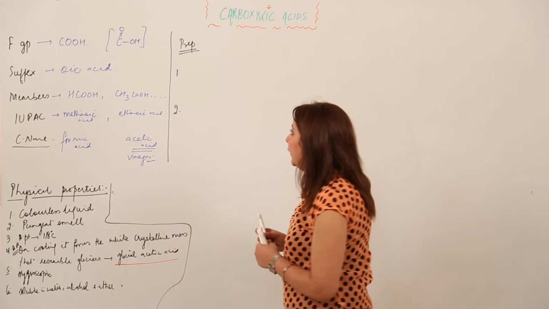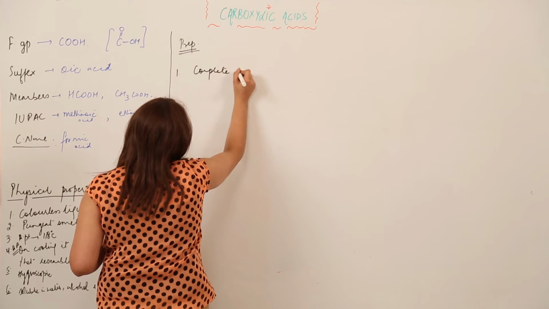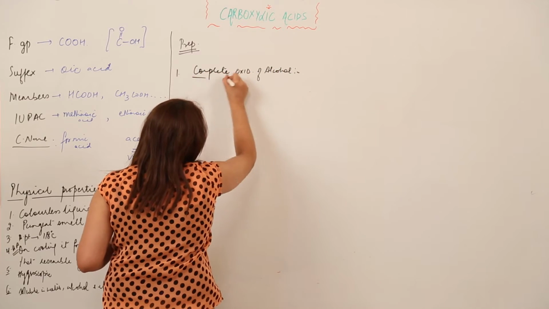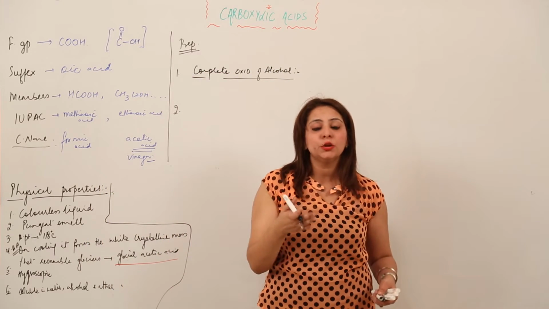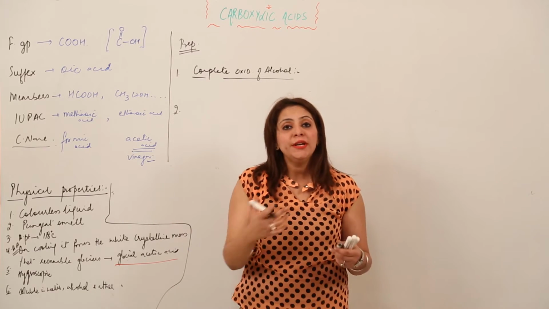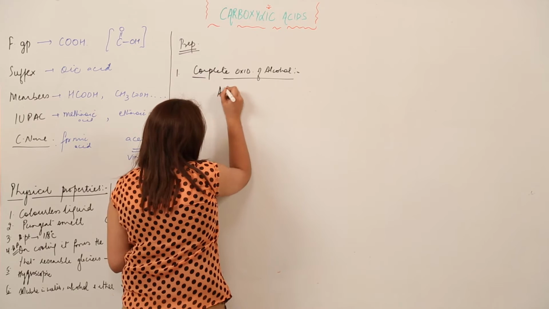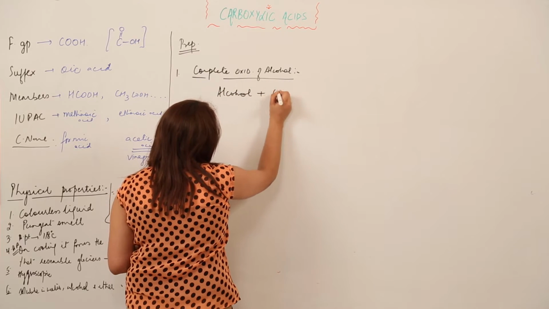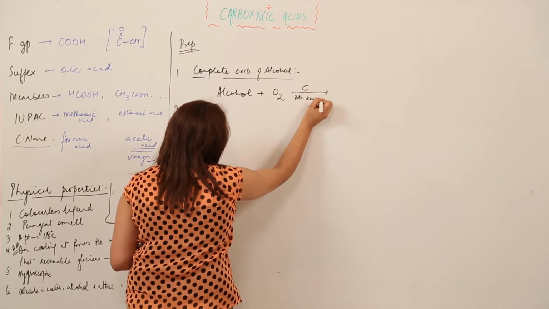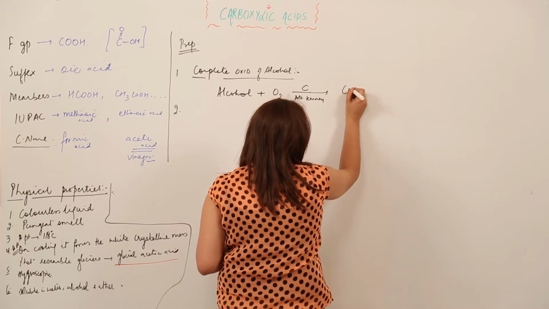Now when we talk about the preparation, how can it be prepared? It can be prepared by complete oxidation of alcohols. This you know now, because we already did alcohol. You know that the alcohol undergoes partial oxidation and complete oxidation. So on doing the complete oxidation, the alcohol forms the carboxylic acid. So here I have the alcohol. What I am doing is supplying it with oxygen. The catalyst, obviously, is going to be alkaline KMnO4 or K2Cr2O7, and we are going to get the carboxylic acid.